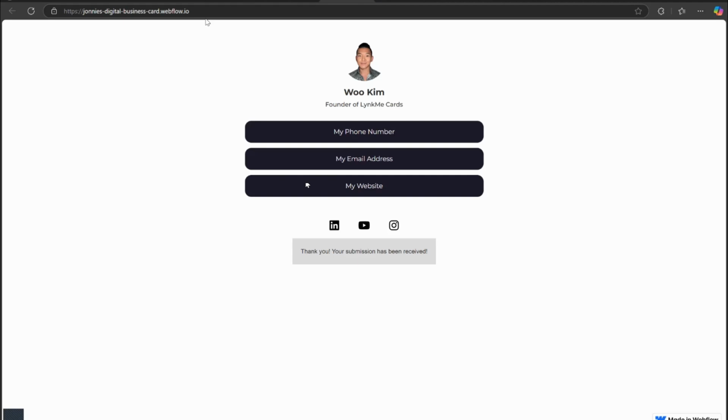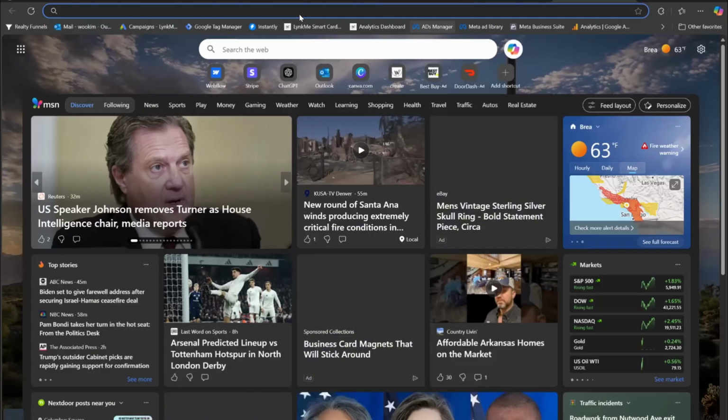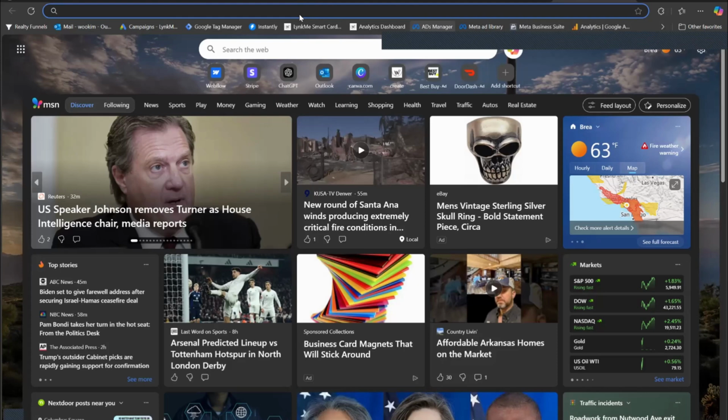So that is a super simple digital business card. I know it looks super simple and rough, but you can make this look better as you please. So that's the end of this step. And the very last step is you actually want to turn this link into a QR code. So you can start sharing your QR code, have people scan your QR code, and they get your digital business card. To do that, you can just go to our browser, and I'm going to search QR code